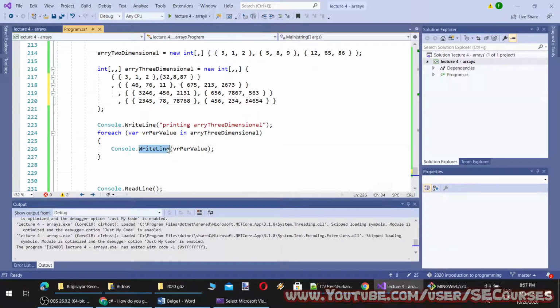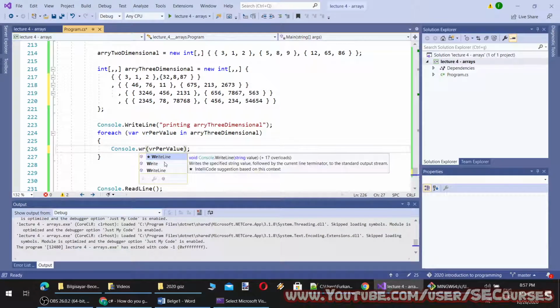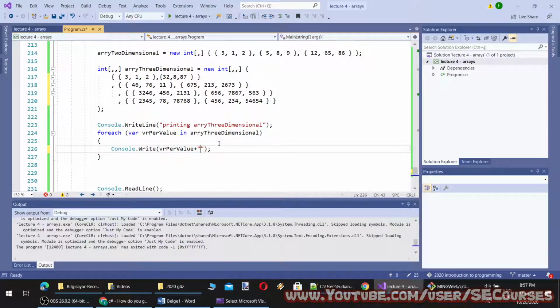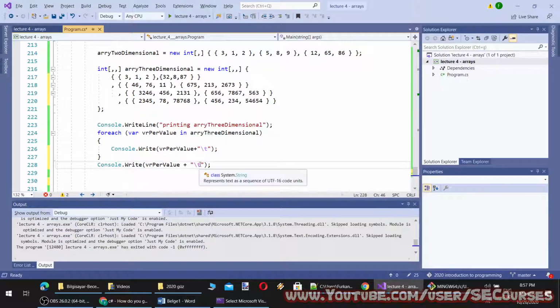Let's make them print with a plus, and then I'm going to Console.Write \n, which means go to the next line.